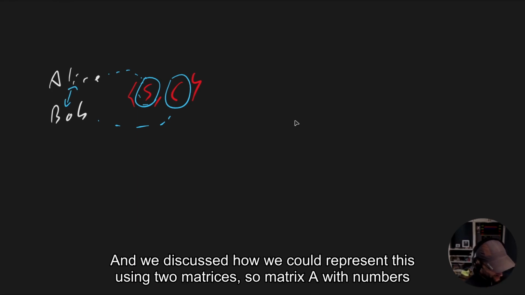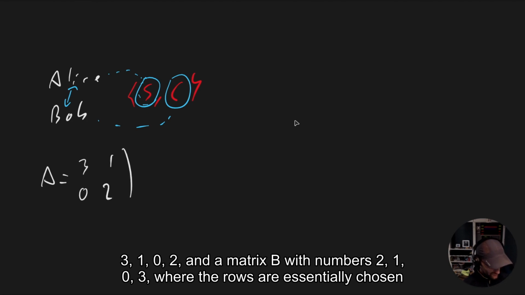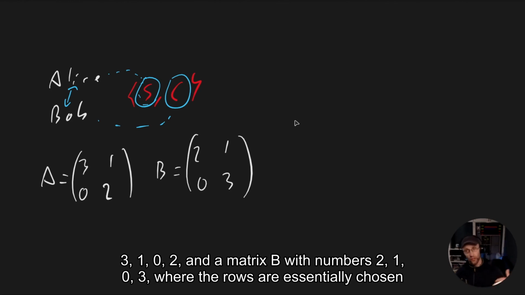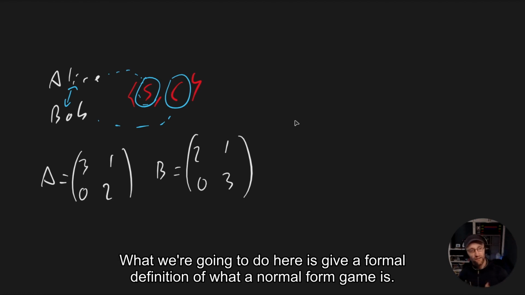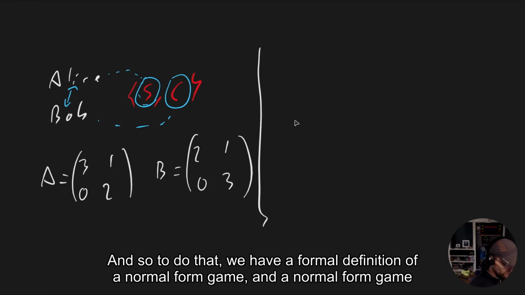And we discussed how we could represent this using two matrices. So matrix A with numbers 3, 1, 0, 2, and a matrix B with numbers 2, 1, 0, 3, where the rows are essentially chosen by Alice and the columns are chosen by Bob, and the outcomes are given by the separate matrices. What we're going to do here is give a formal definition of what a normal form game is. And so to do that, we have a formal definition of a normal